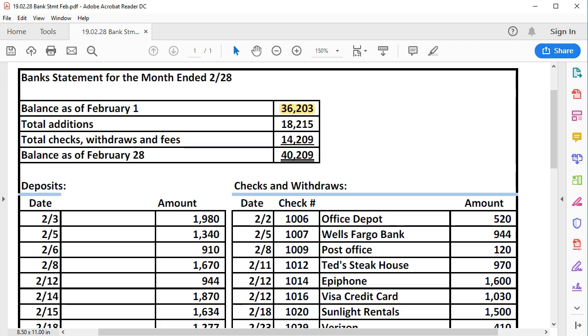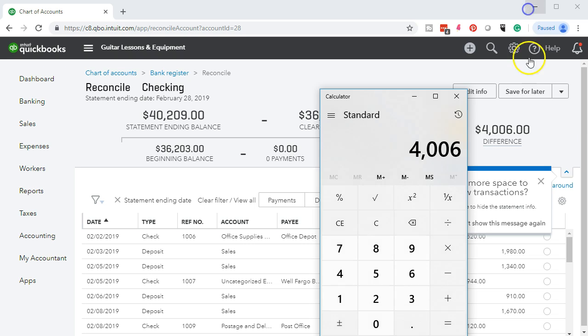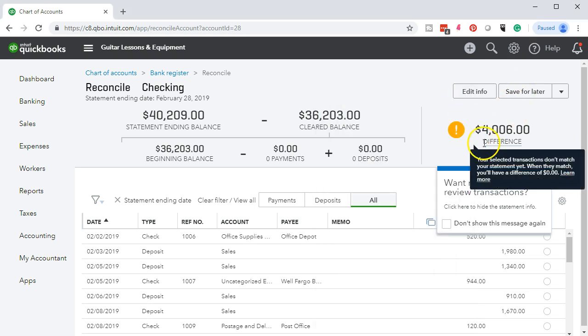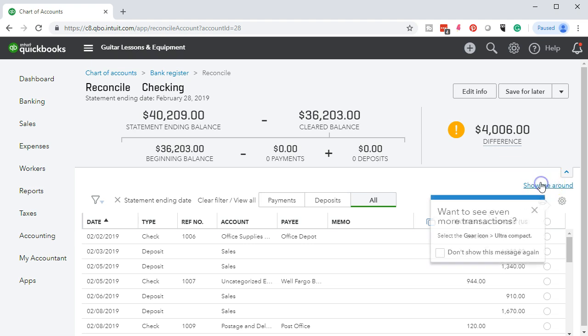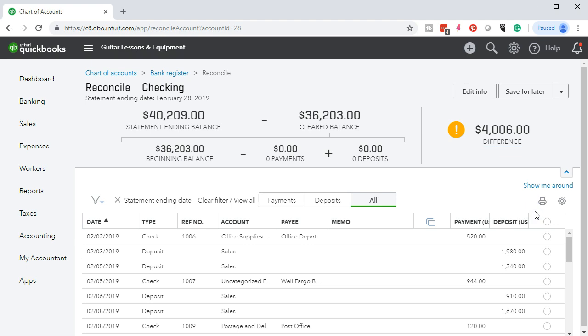In other words, if we check off all the detail related to these items, then the difference should go down to 0, and that's when we know we're good. So if we go back over here, note, however, that if this difference is anything, then we have a problem. So it has to be 0, because if it's anything but 0, it could be multiple things